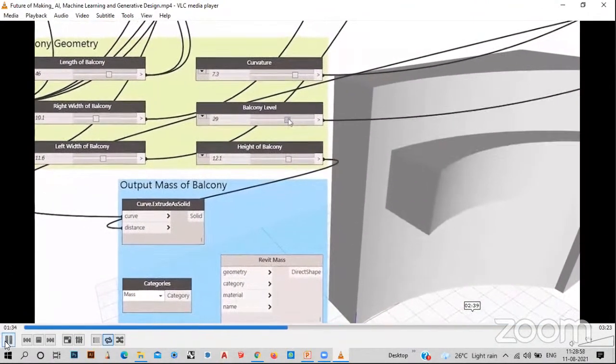Sorry, I'm pausing it right now. So the maximum towards your front facade. So these are the filtration criteria you feed into your system, and it will give you 5,000 different options for the same planning, for the same particular requirements. And then according to the filtration criteria, you select the best possible options.